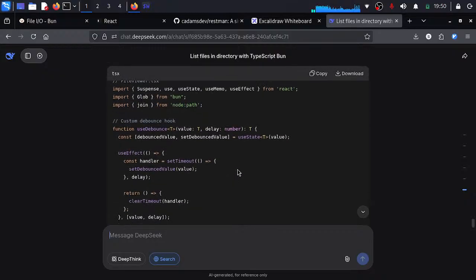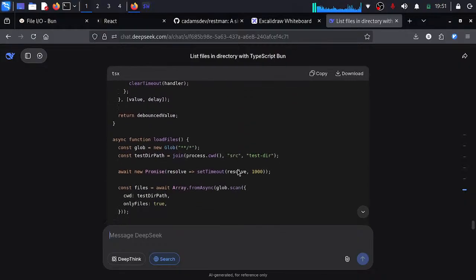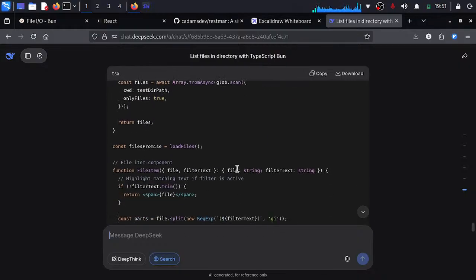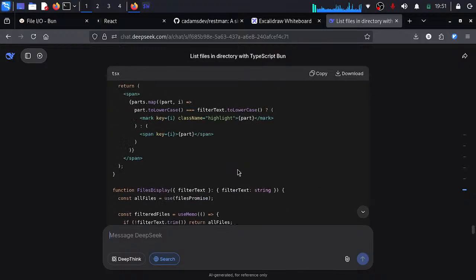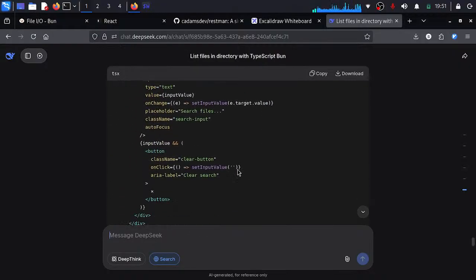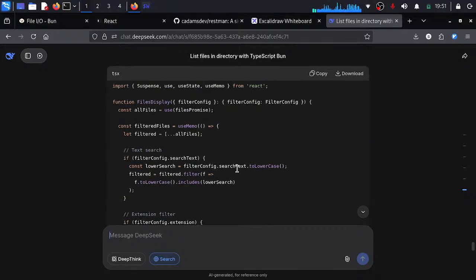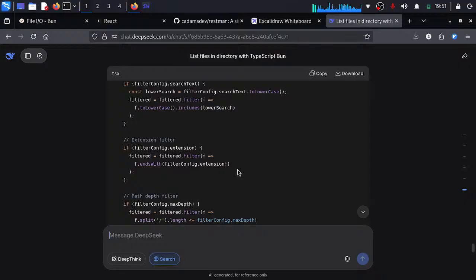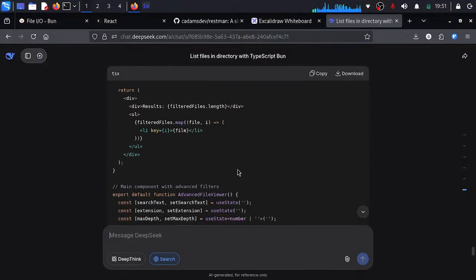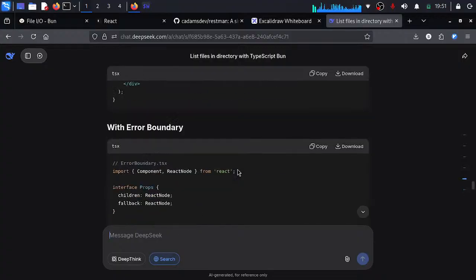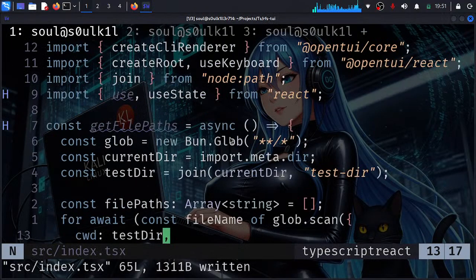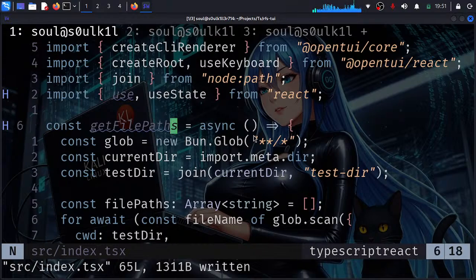Enhanced version with debounce. Use debounce. Then you can have a value and delay. Okay, this will cache the promise. Okay, fine. What if I don't want to cache the promise? What if I always want to search it? Hmm. This is giving me multiple examples. Okay, so